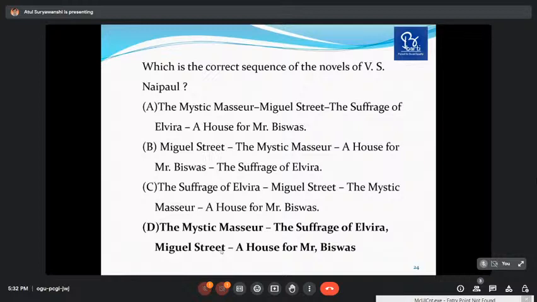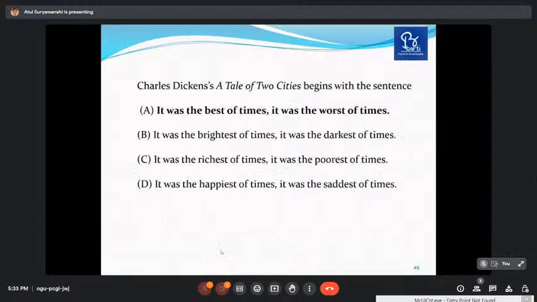A House for Mr. Biswas is his best novel, published in 1961, which focuses on the protagonist's struggle for building his own house. So this is the common man's struggle which the writer has presented. Now V.S. Naipaul's work has been asked many times in the examination. I request you to search all the works of V.S. Naipaul in detail.